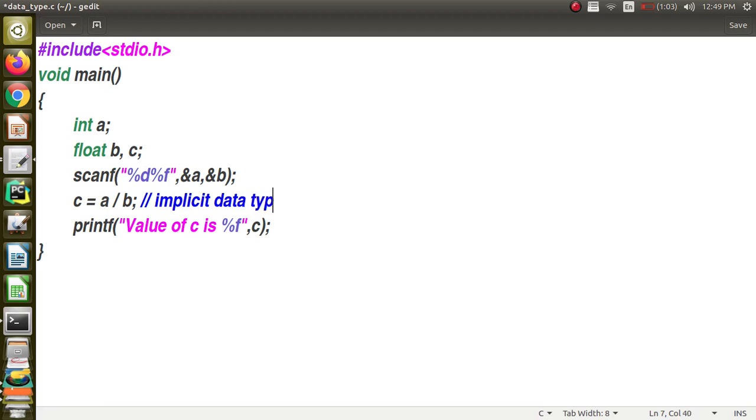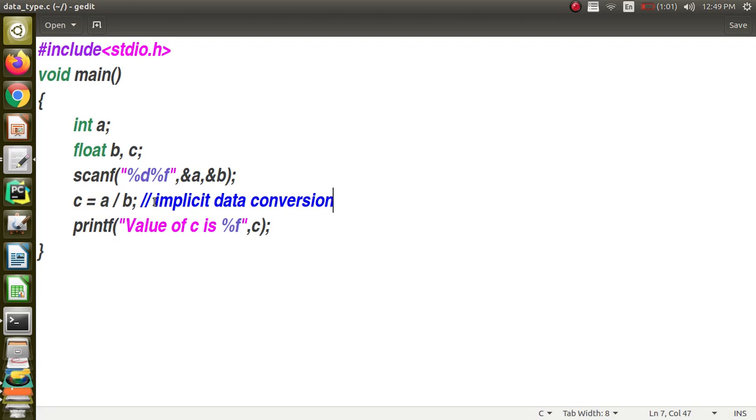Okay, so the data type of A will be changed from int to float. Always when we do implicit data conversion, only promotions happen. Integers and floating point values are there, means integers will be changed to floating point values, right? Similarly, if you have a float and a double, whichever is larger, to that one it will be extended, right? So here in this case we have got an integer and a floating point value, so both will be converted to float, and a normal true division will happen.